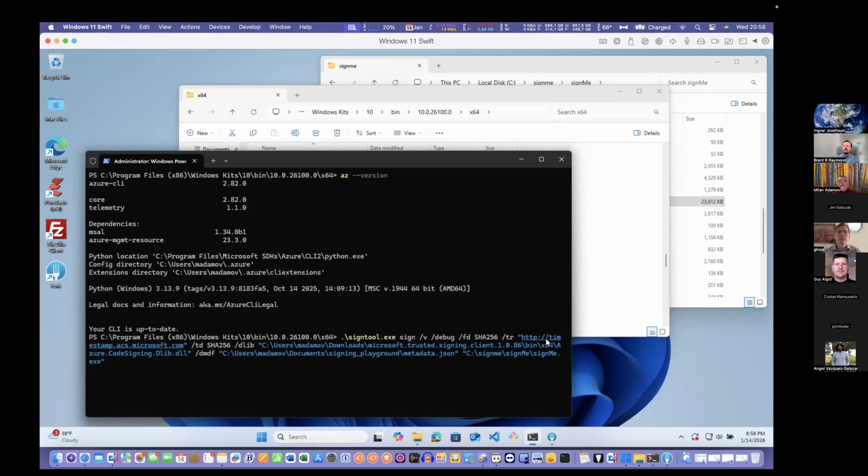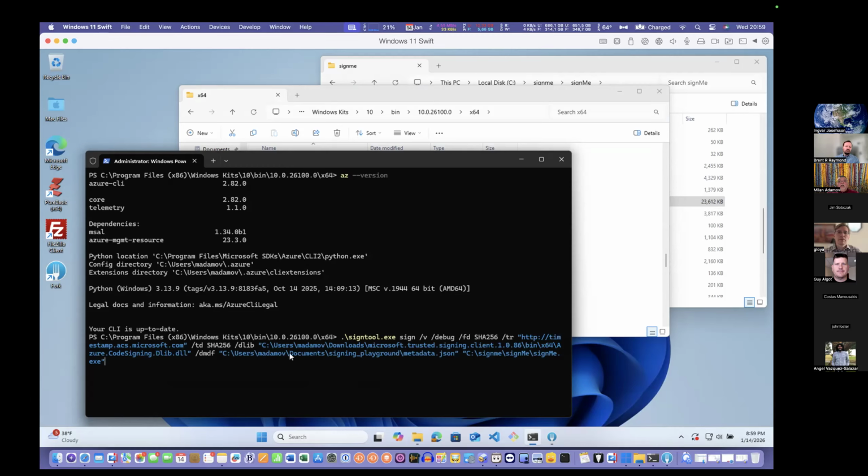Remember that Azure creates a new certificate for you every day that is valid for 3 days. That's why you need the timestamp: I will sign now with a certificate that is current, and in 4 days that certificate will expire, but this will still work because of this. So that's why.